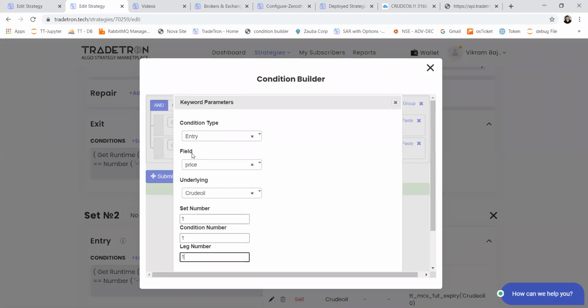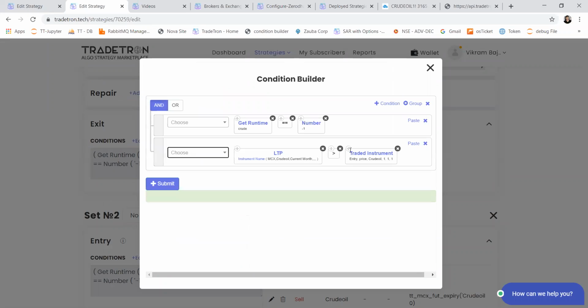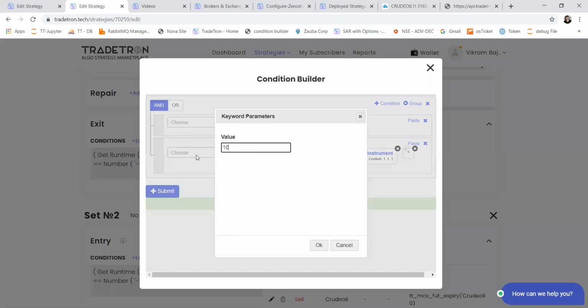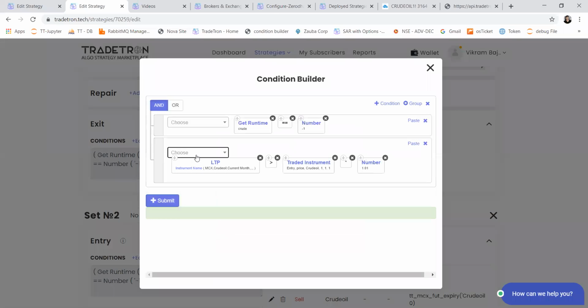That's number one. So I have explained this traded instrument keyword as well in our previous webinar, so you can check that. And whatever target profit percentage you want to put, so let's say 1.101. So 1% profit is my condition. So whenever this hits, it will exit the crude oil position. So like this, you can put target profit or stop loss.